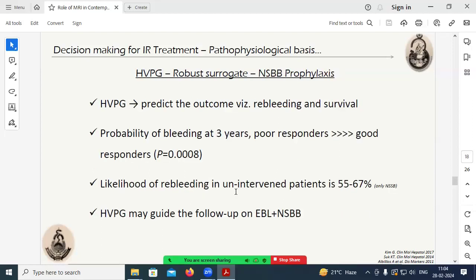And at some centers, the HVPG has been used for monitoring the non-selective beta blocker therapy also. Actually, in our center also, we have started a project in which we are trying to calibrate the timing for when we should call a patient a non-responder if the patient is on non-selective beta blocker, by using HVPG. And it has again been shown that the likelihood of rebleeding in unintervened patients can be monitored by HVPG measurement. And the therapy itself, that is the NSBB therapy with EBL, endoscopic band ligation, can be monitored by